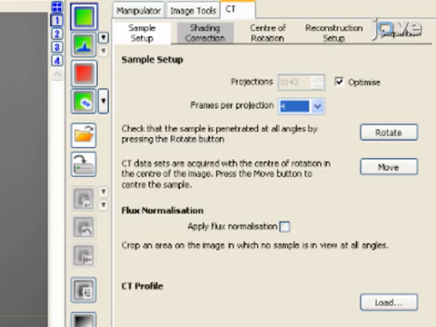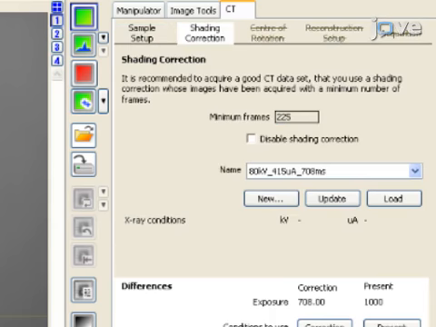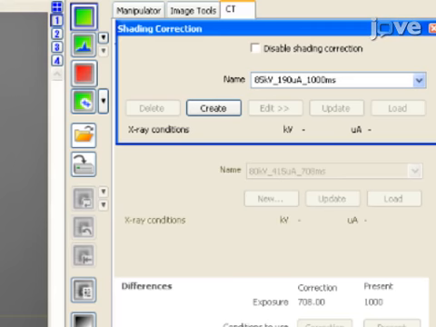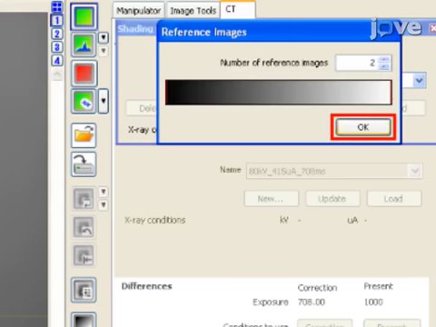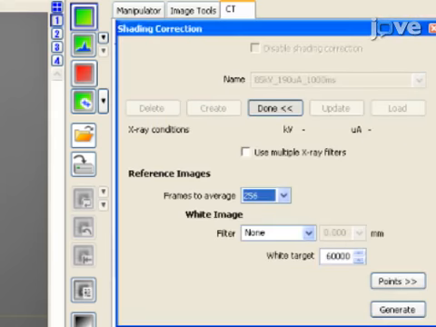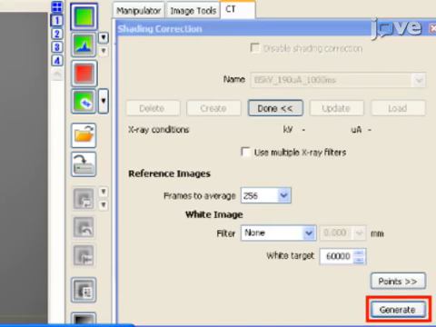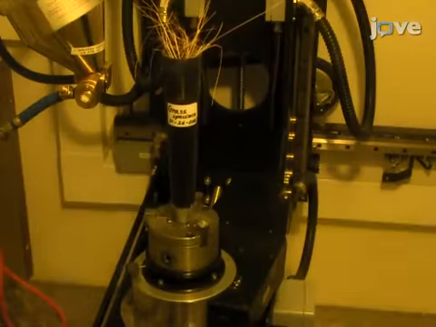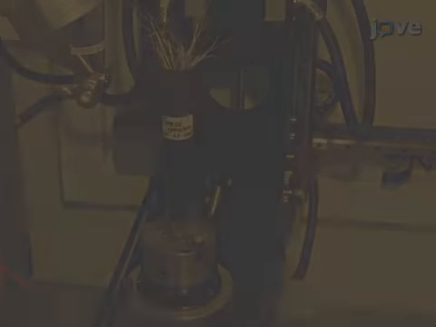Using the scan parameters just set, select the Shading Correction tab, then click on New and name the shading correction file. Then click Present to confirm the new conditions. Next, click Create and click OK to using 2 reference images. Then click Generate. Then, when the Warning pop-up window appears, physically remove the sample from the beam path before clicking